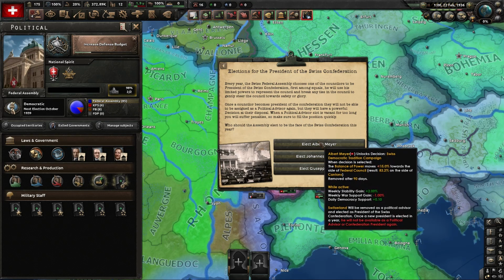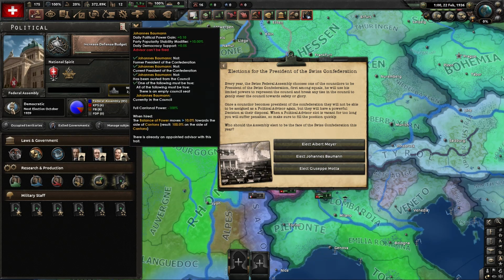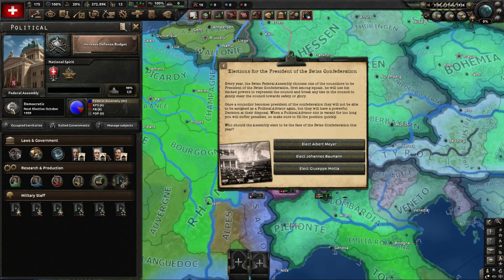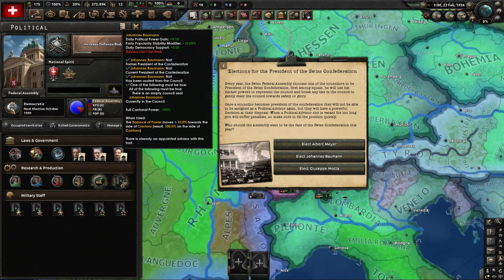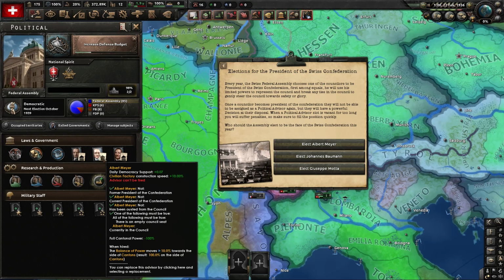That will be unique to each advisor as their president. There's one that I'm going to point out that you want to get in for an extra research slot. Looking over these guys, they're all exactly the same in the president role. However, if you come look at their advisory stats, you can see that the two that are on each end give you political power gain, and the middle one